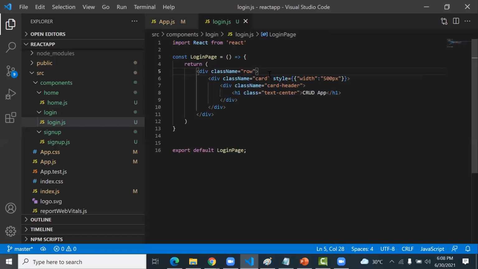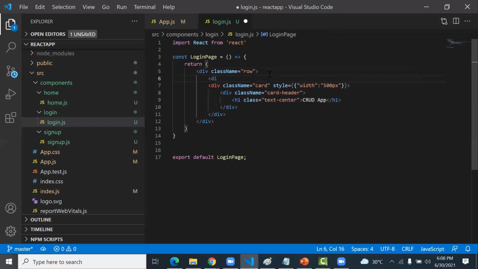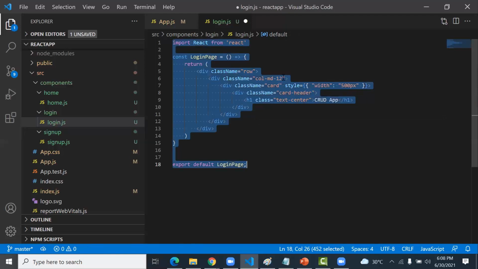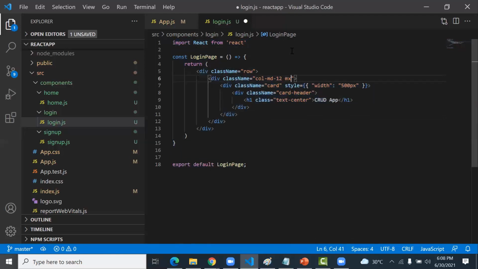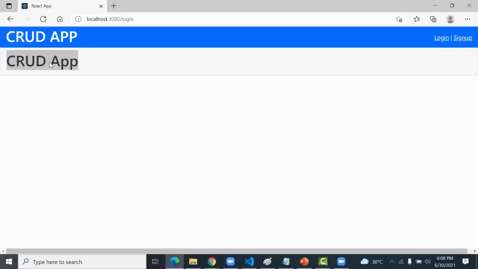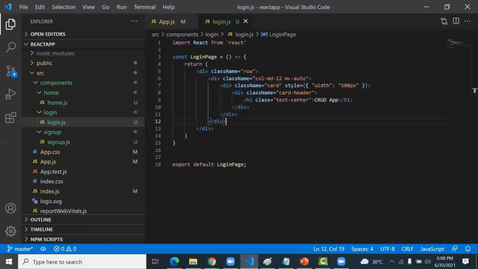Then I create one more div tag with className col-md-12, I complete this div tag here, and now I type mx-auto. So we'll check it. Okay, so the CRUD app is ready.